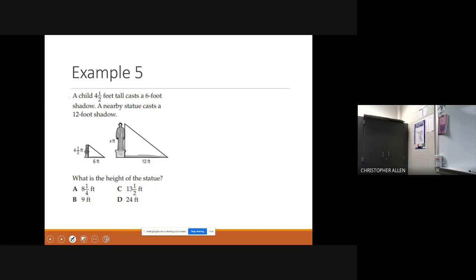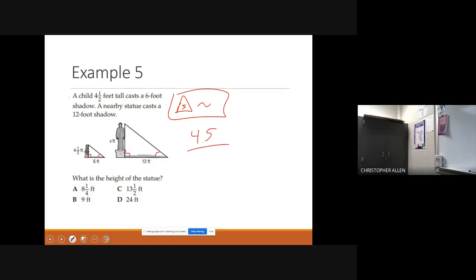Well, first of all, I hope you guys would agree that these are both perpendicular lines. In other words, those are right angles. And it turns out that the sun is far enough away that these two angles are essentially congruent. In other words, these two triangles are similar. Triangles are similar. That means we can make a proportion on their corresponding sides. In other words,